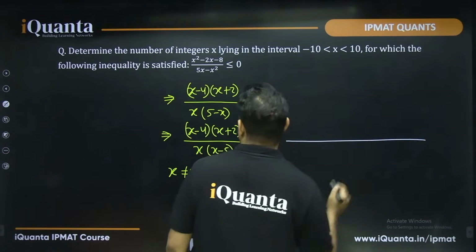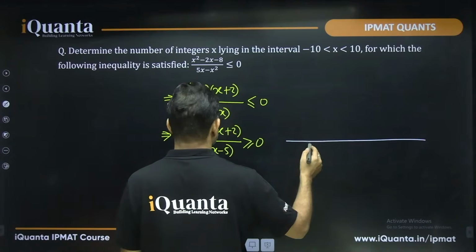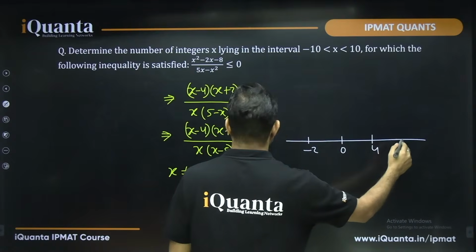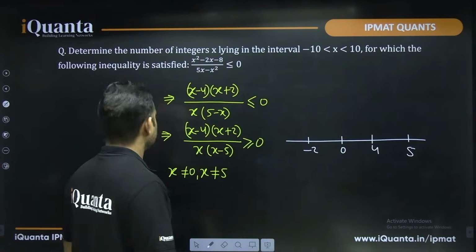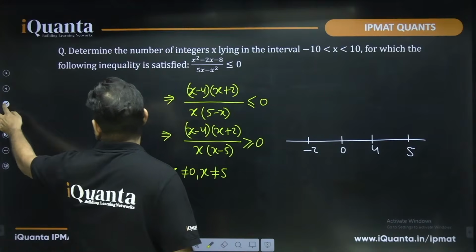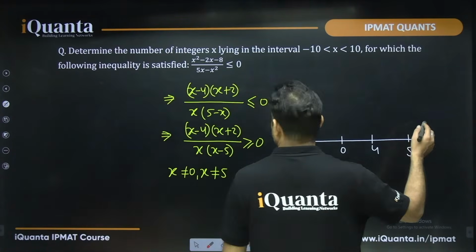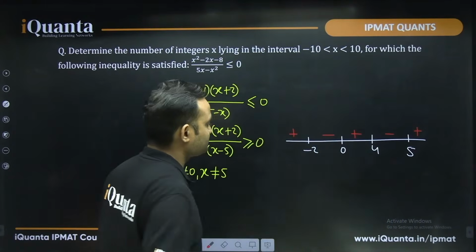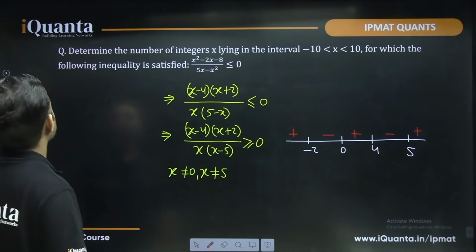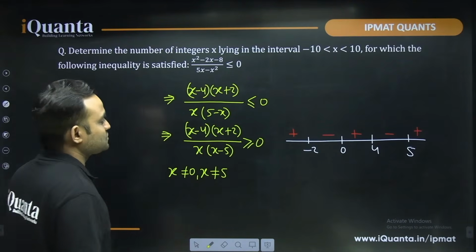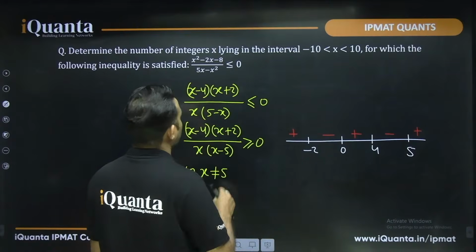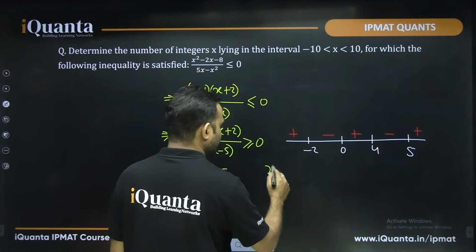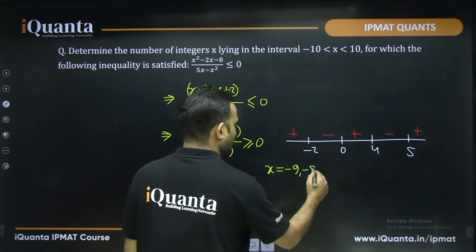So what do we have? We have x as minus 2, x as 0, then 4, and then 5, right? The values of x for which this will be positive or negative. Anything greater than 5 will be positive, then negative, positive, negative, positive, right? The question is, for which values is the inequality satisfied? So from 0 to 4, it will be positive. Less than minus 2, it will be positive, and so x will be equal to minus 9, minus 8,